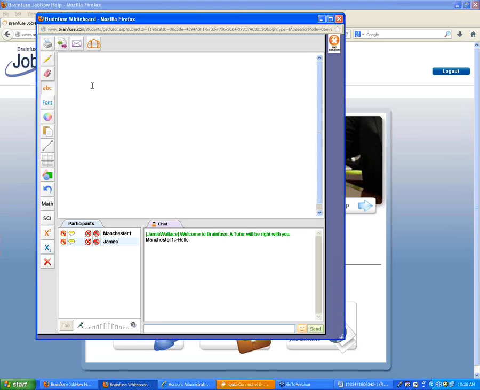So our tutor might load the lesson on how to multiply fractions here into the online classroom and then work through that with the student. If a student logs in to get help on their resume, the tutor might load one of our sample resumes or one of our resume templates here right onto the whiteboard, and then they can look at that together with the student. If you log in for interview help, as we did here, the tutor might load one of our